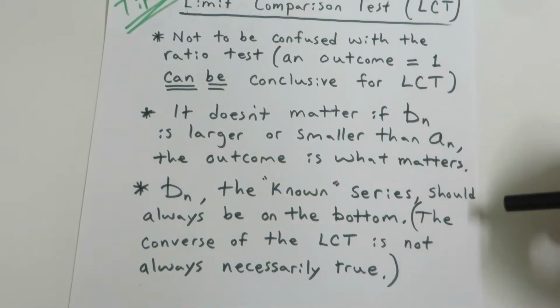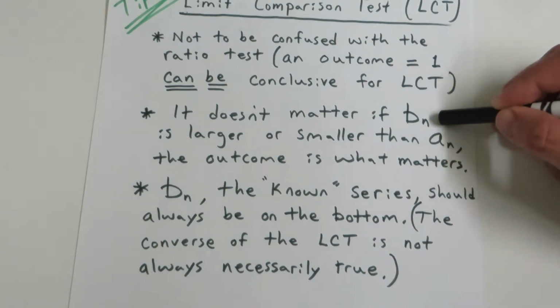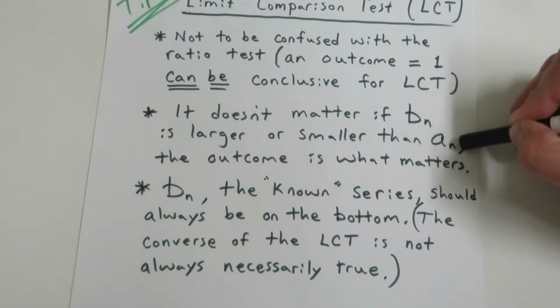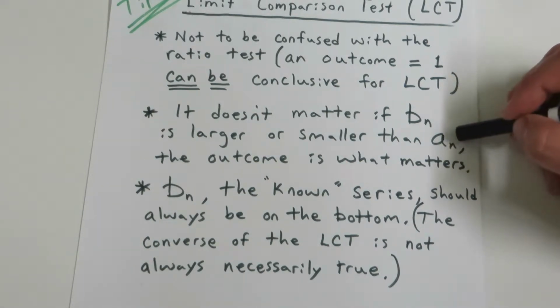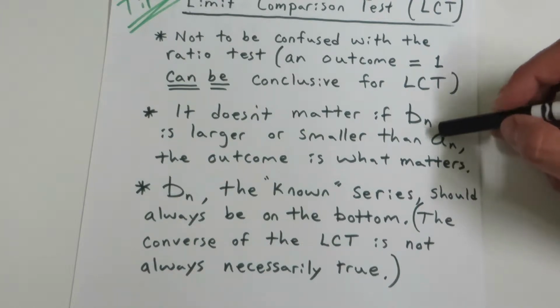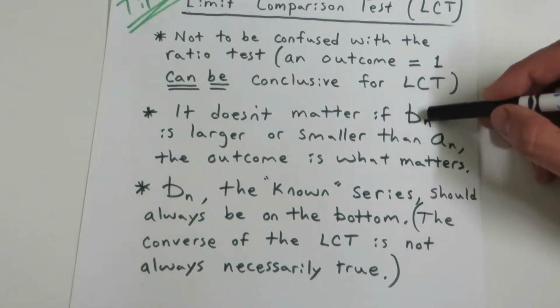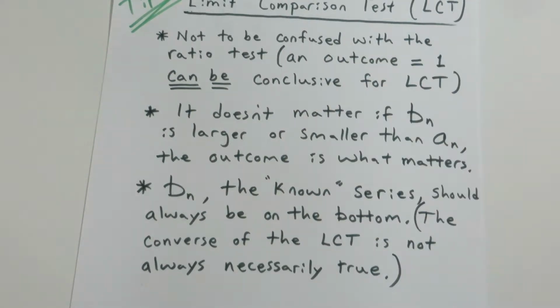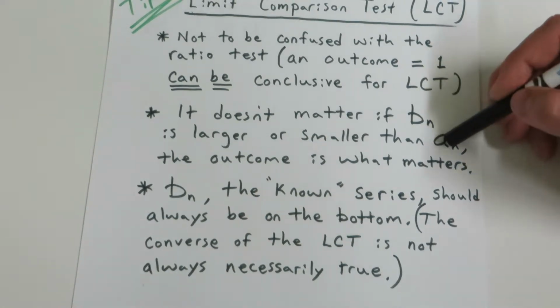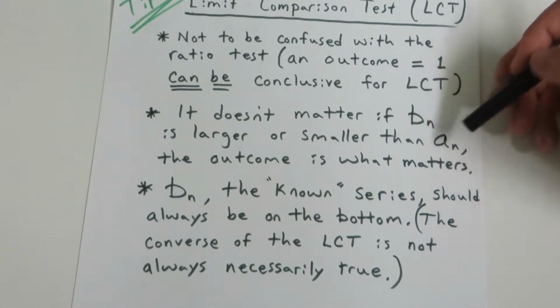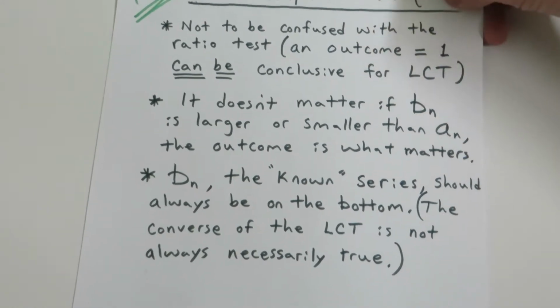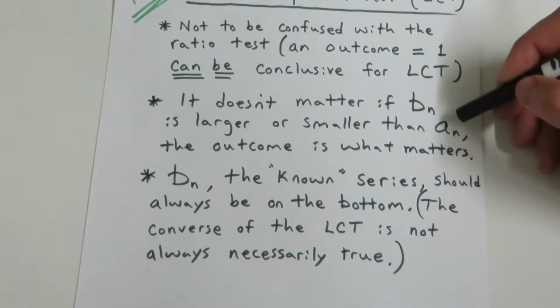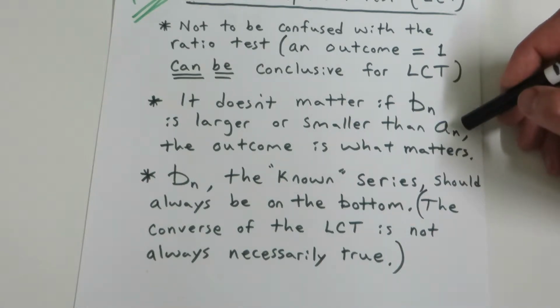So don't let that confuse you with other types of divergence tests. The second tip is that it doesn't matter if b sub n is larger or smaller than a sub n. A lot of textbooks will give you an example where sequence A is smaller than sequence B, but that doesn't necessarily have to be the case. It is the outcome of the limit comparison test that matters. So you can put either the larger one or the smaller one on the bottom to suit your needs. And that means that if you try the limit comparison test and something doesn't look right, you can try flipping them around